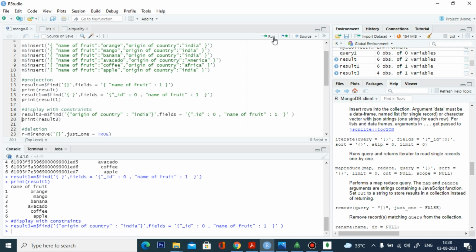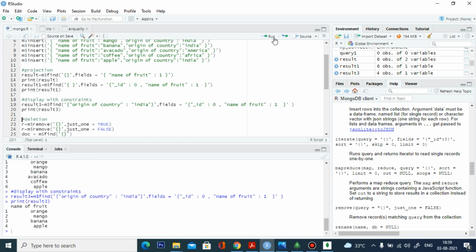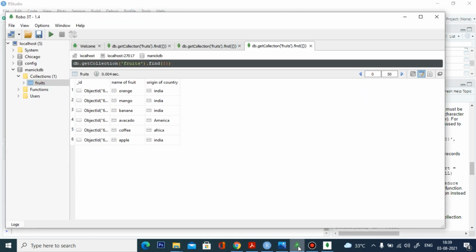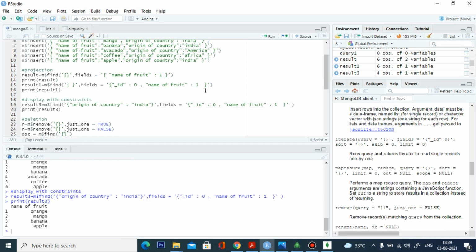So I'm going to run this. So for the country India, it's 1, 2, 3, 4 values. We can check this. Okay, so here for India's origin we have 4 fruits. So we can implement a lot of queries in R to work with the MongoDB database.